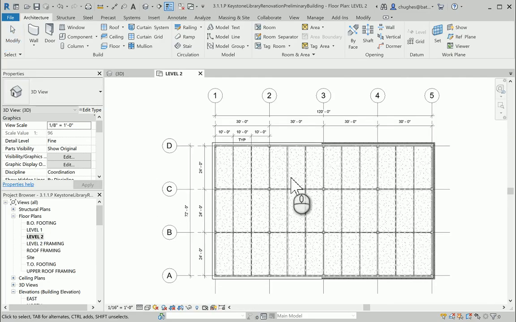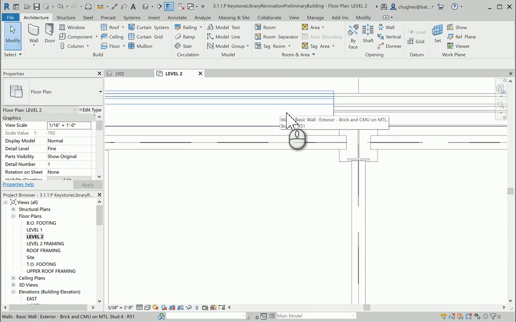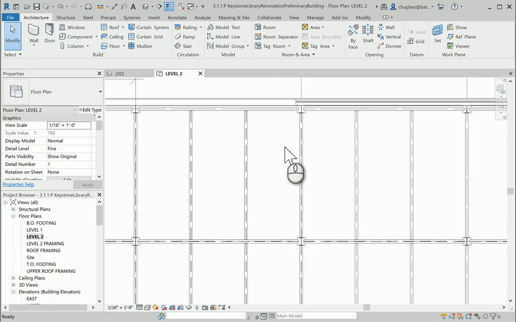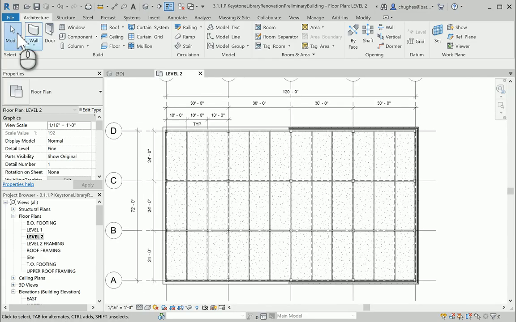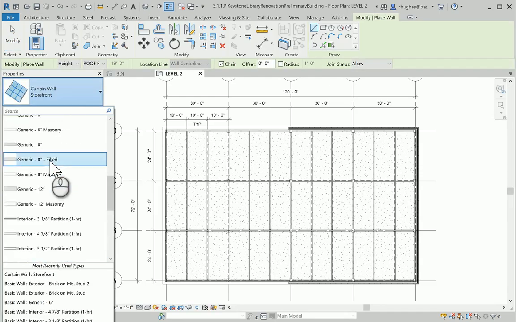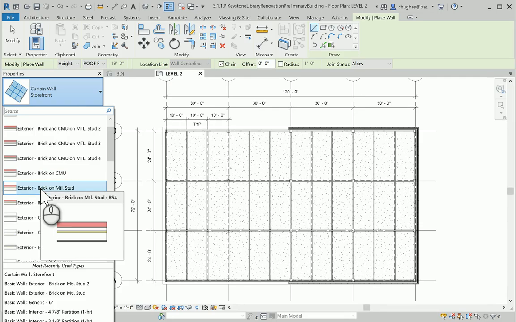Here is what we're going to end up having. We will have our wall that will be put in to enclose the second level, and I'm going to make a selection to go through and do so. So I'm going to choose wall, and in my type properties, I kind of already know because I've set up this particular wall type, in terms of best selection, I'm going to pick just brick on metal stud,